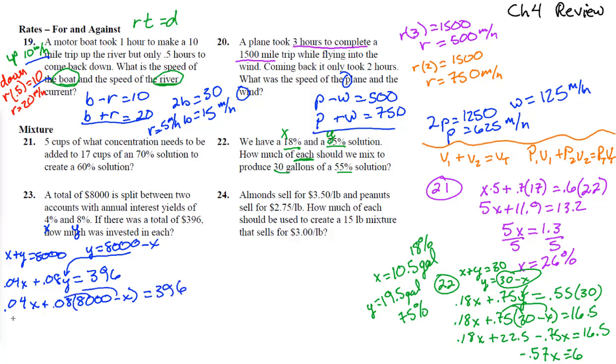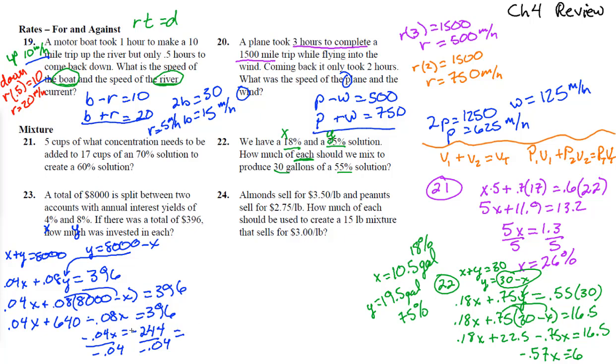Jump that in. 0.04x plus 640 minus 0.08x equals 396. 0.04x minus 0.08x is negative 0.04x equals, if we subtract that over, we get negative 244. If we divide by a negative 0.04, divide by a negative 0.04, we now get that x is going to equal,